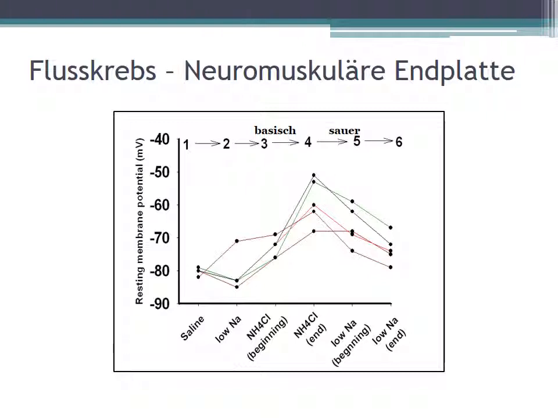And then we changed the saline for a saline that was low in sodium, because later on we were going to add the ammonium chloride and then increase the osmolarity again. So we did a low sodium solution, because when we added the ammonium chloride, it was then isoosmolaric. And then at the end, we exchanged it with the low sodium saline again. So on the y-axis, you can see the resting membrane potential, and on the x-axis, you can see the time and what we did at each step.